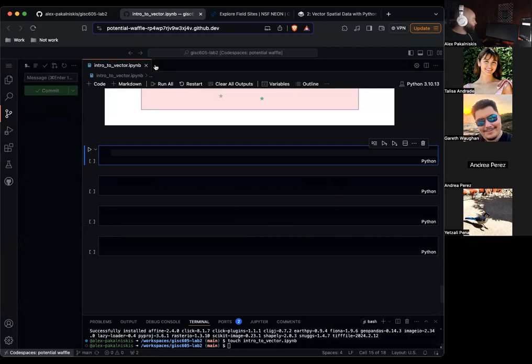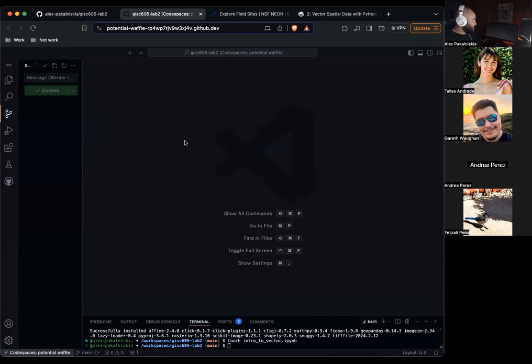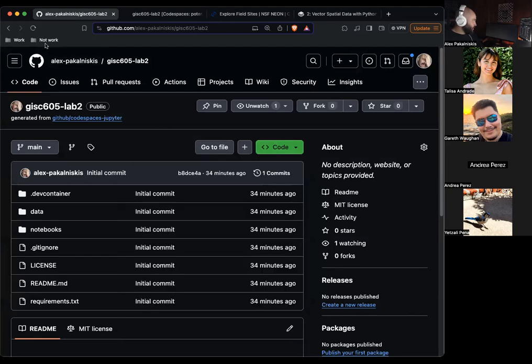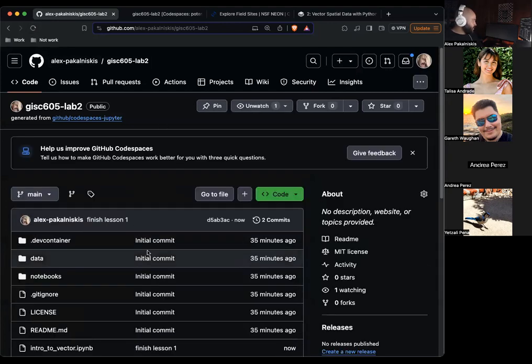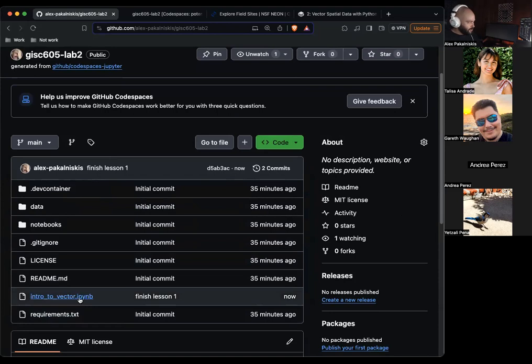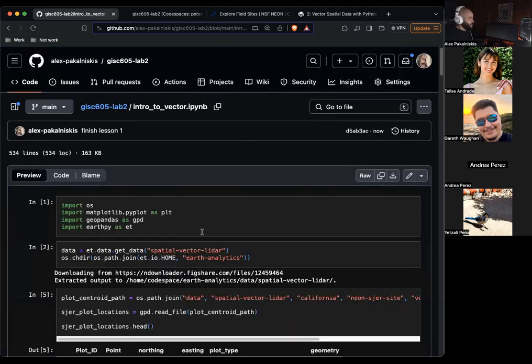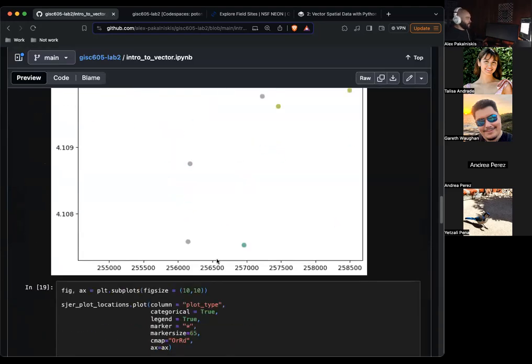Close that. Let's leave this tab open. Now we can return to our GitHub repository, refresh the page, and we'll see that we have a new Jupyter notebook there with everything we did in this lesson.